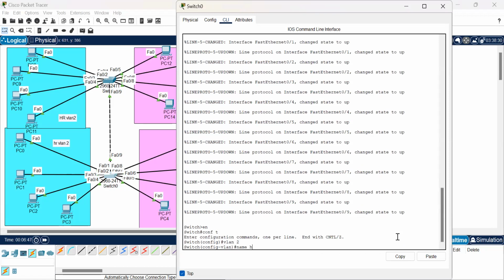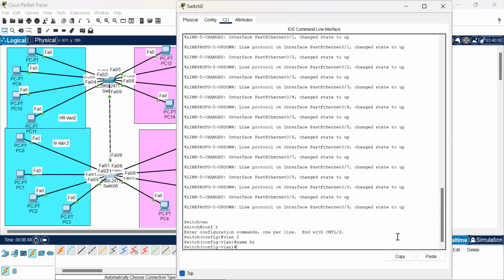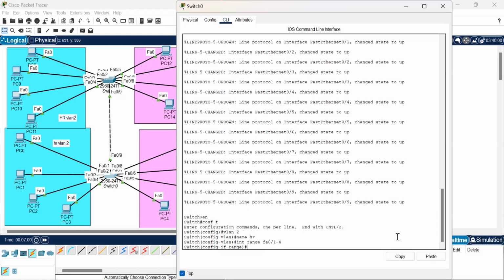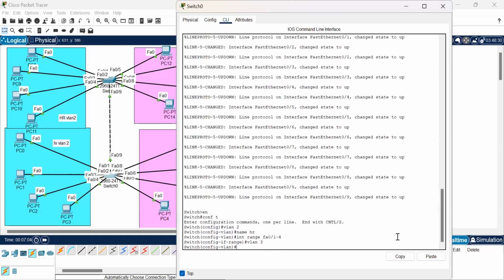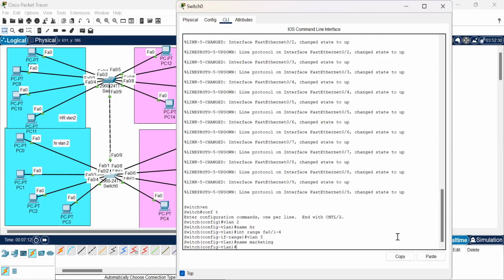Name HR, interface range FA 0/1 to 4. Next is our VLAN 3. Oh, sorry. Name marketing. Okay. Interface range,